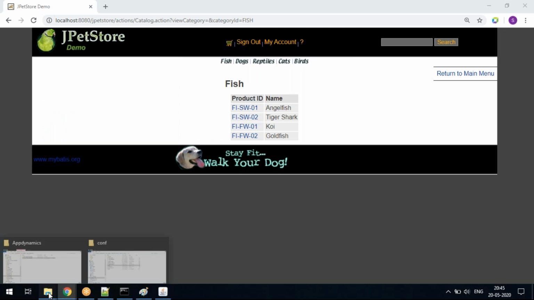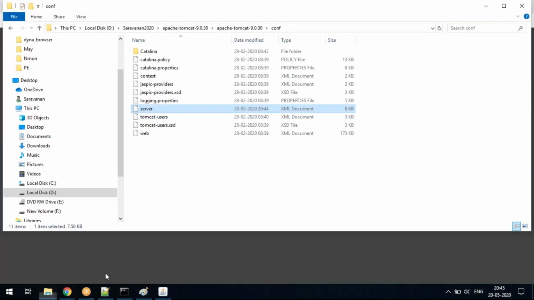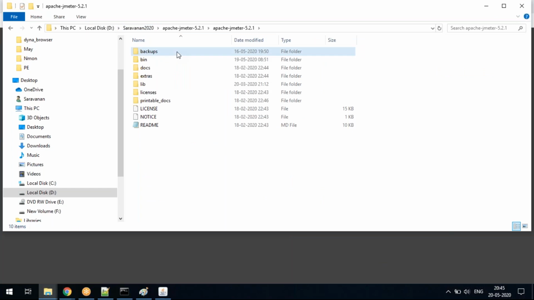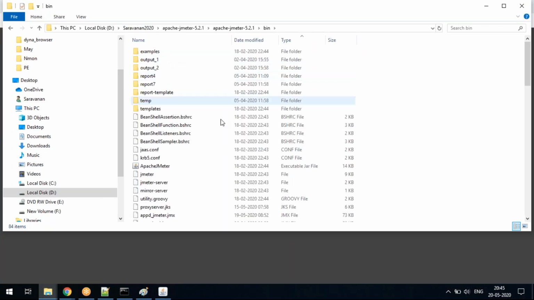Now what I'm doing, you can watch it, guys. I'm going to my Apache JMeter folder, and under bin, I'm starting my JMeter. Somebody can ask me whether this is the integration of JMeter with AppDynamics? No, this is not the integration at all.